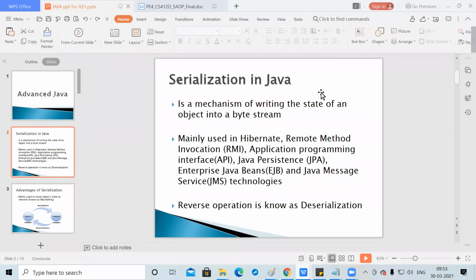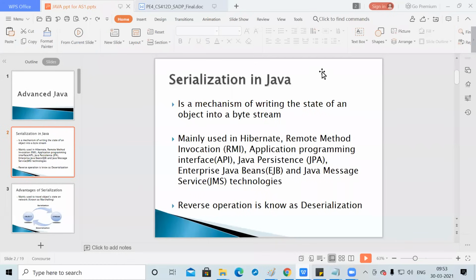The first important thing is serialization in Java. This is one of the important mechanisms for writing the state of an object into a byte stream. So the object is converted into a byte stream using serialization. It is mainly used for remote method invocation in Java, and also for application programming interfaces, Java persistence or enterprise Java beans, and Java message services technologies.